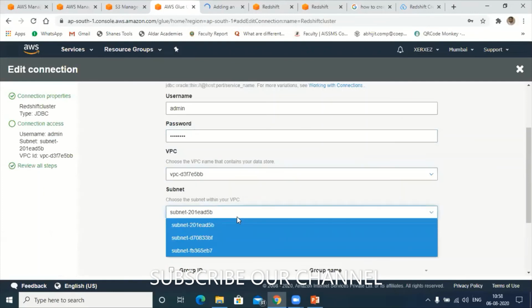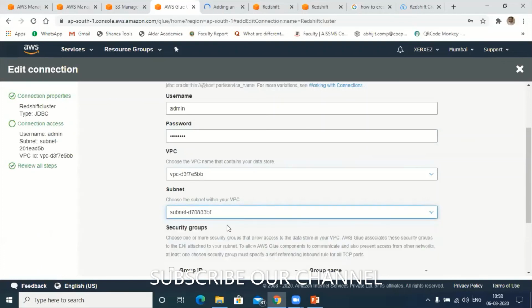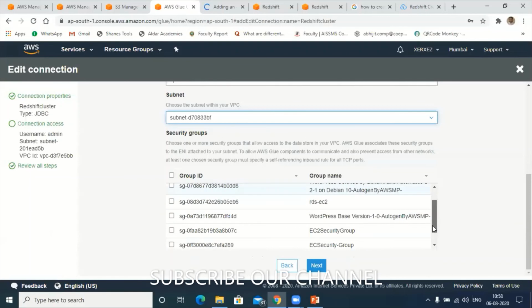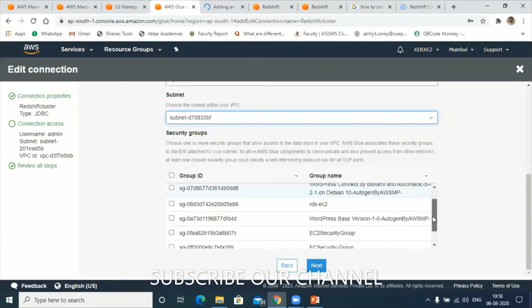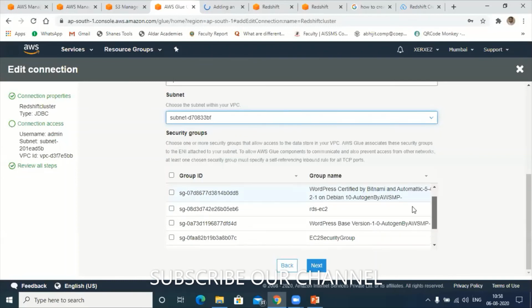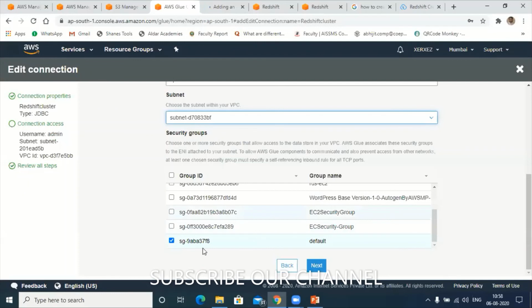For the subnet, we'll try with some other subnet. Security group, default. I have mentioned default here. Let me have the default one. Finish it off.